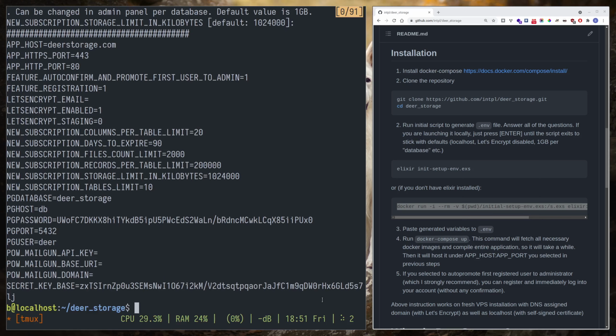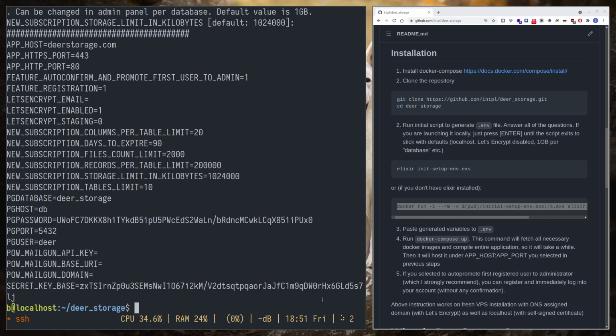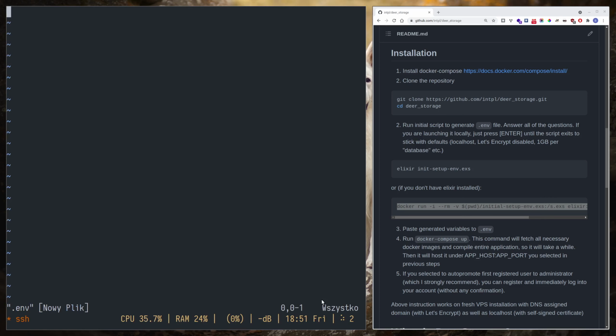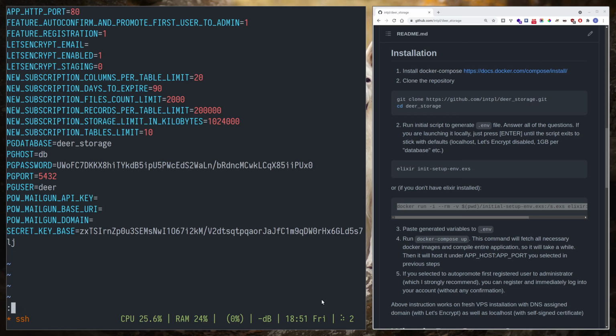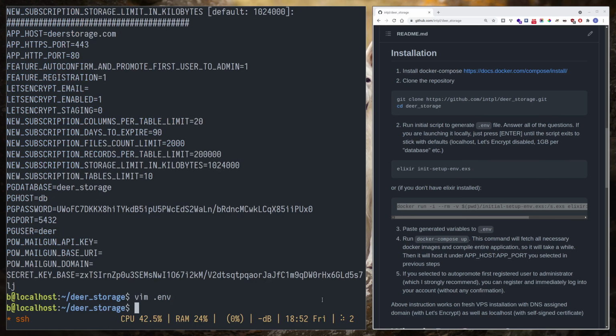I'm gonna copy this. Now I can put this inside of my .env file. Actually I don't think I will leave the secrets here. Actually, where's my domain? Yeah, this is here. Okay, so now that we have a .env file generated, we can just go ahead and Docker Compose this up,